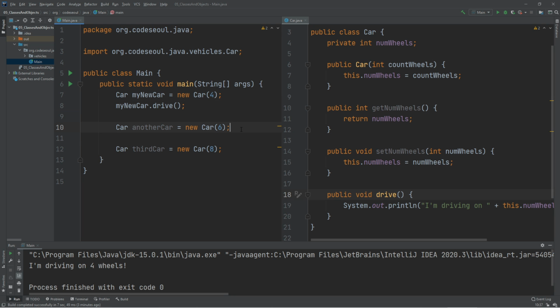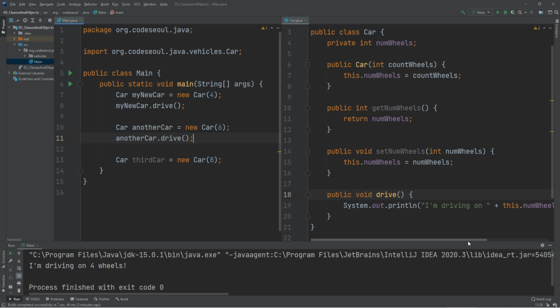Now, just as a demonstration, let's do another car dot drive, right? Same method, different object. Now, because these objects come from the same class, they both have this method. And the method is going to do the same thing, but the data stored in each object is different. So the output will be slightly different. If you run it now,